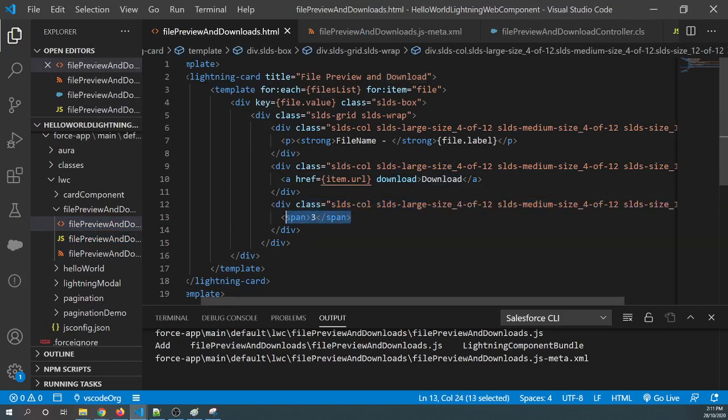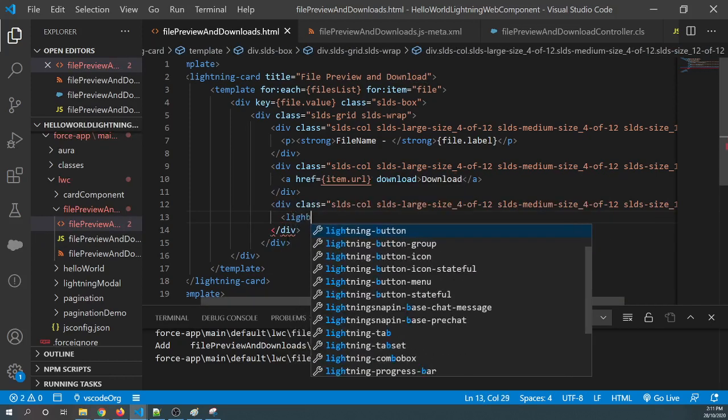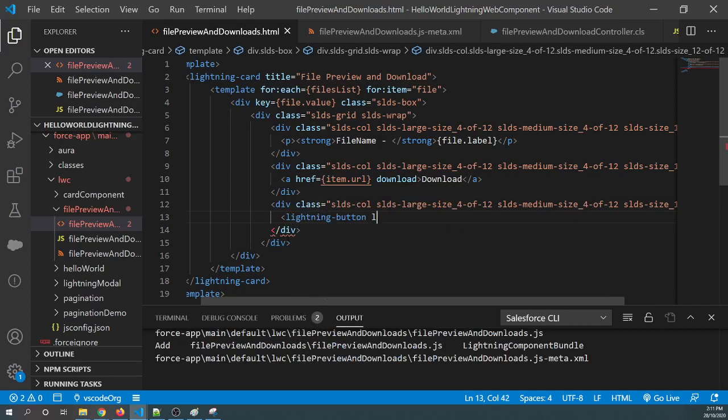Okay, and the third thing we want to showcase is the lightning button with the preview. We quickly create a lightning button, and we want the label preview, and then the variant brand. And I want on click of this button to pass some ID as well.